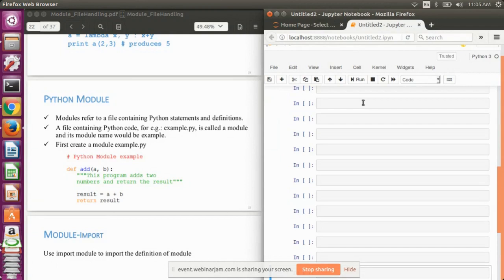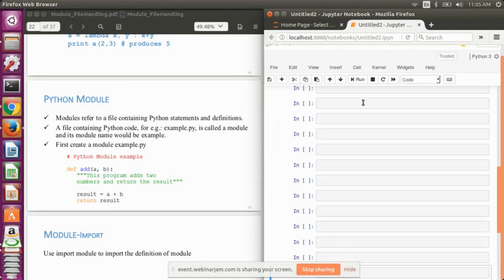What's the difference between a module and a simple program? Generally, modules are predefined, or a user can also define their own module, but the content of a module file is always a set of functions provided to perform some generic tasks.